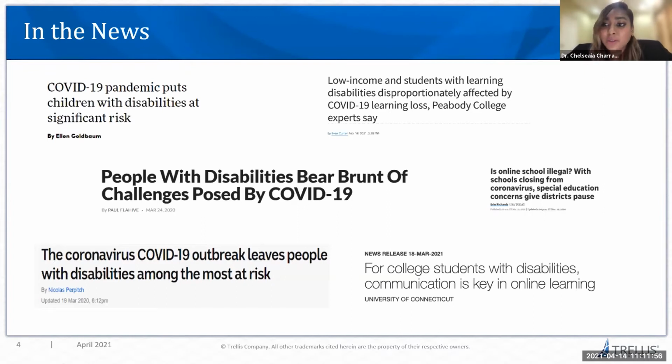The degree of exclusion that exists for persons with disabilities, it's rampant. The United Nations has deemed this population of persons with disabilities to be the most excluded. And this is no different in the educational sector around the world. And with this global pandemic, you can see even more so over the past year when we consider the challenges for students with disabilities. They're faced with these difficulties, especially with the transition from in-person learning to distance learning. Next slide.